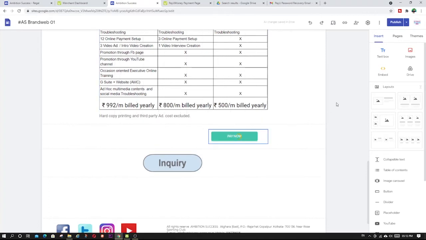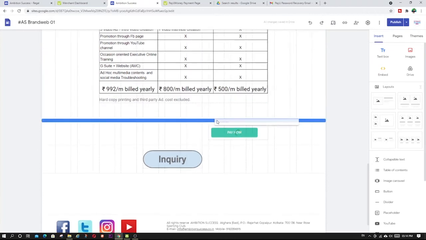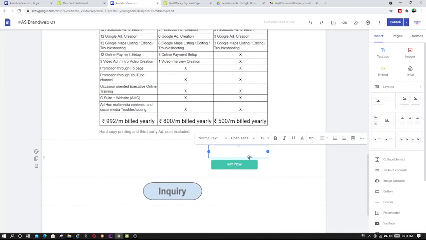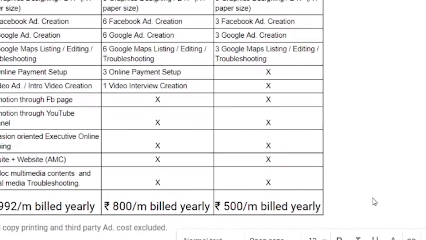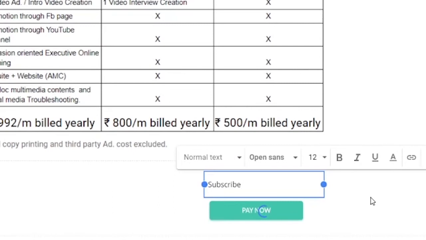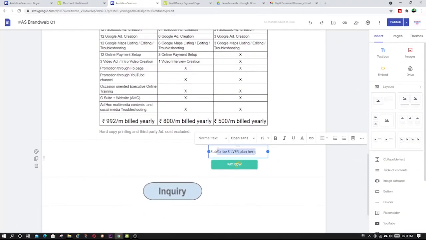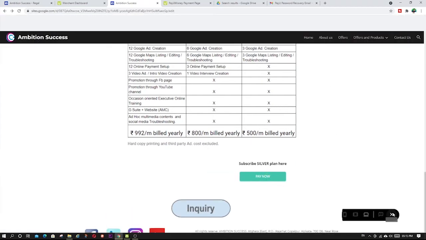What I can do, subscribe, like that. I can align also to the middle. Now my website is ready with a button. So what I have to do, I have to publish it.